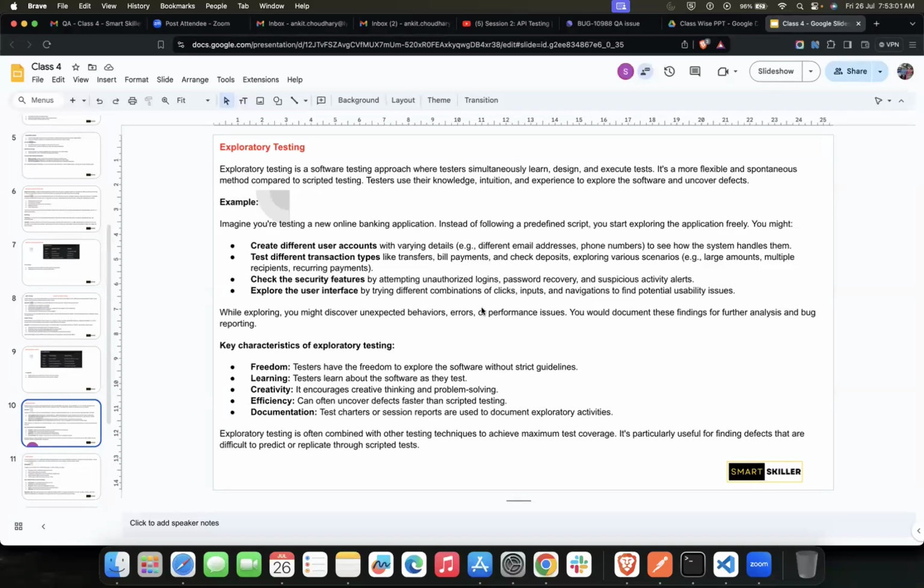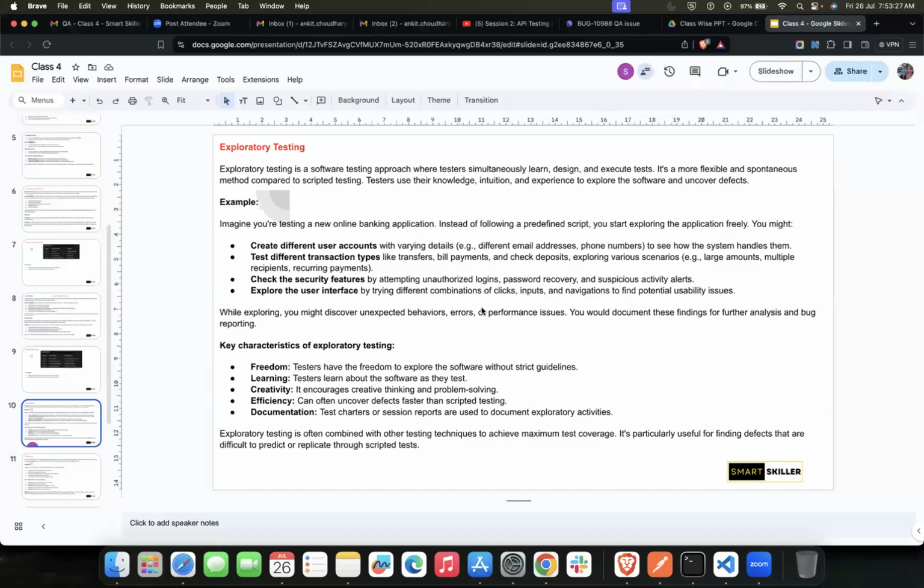Suppose there is a software, any software. Suppose there is a social media platform that was given to you, and you were told that as a tester, you need to make sure that the platform is working correctly, and we don't have any kind of documentation that we would be able to give you. You just need to make sure that it is working. Now, how would you do that? And how would you approach it?